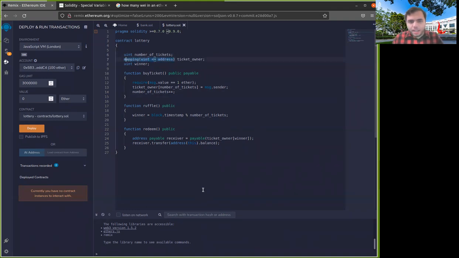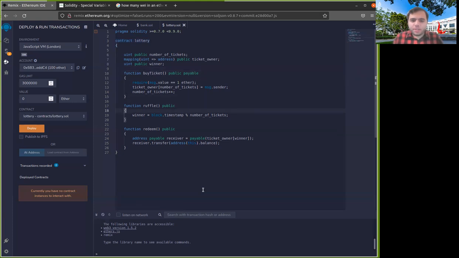Okay. And actually, let me just say that this winner thing is public so that others can see it. And let's say the number of tickets is public. And let's say even this mapping is public. And by the way, again, when I say public, it just means that other contracts can access it, not that others can see it on the blockchain. Even if it's not public, everyone can see it on the blockchain, right? Okay. So I have these things here.